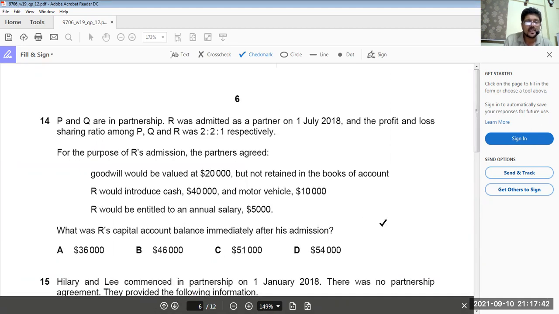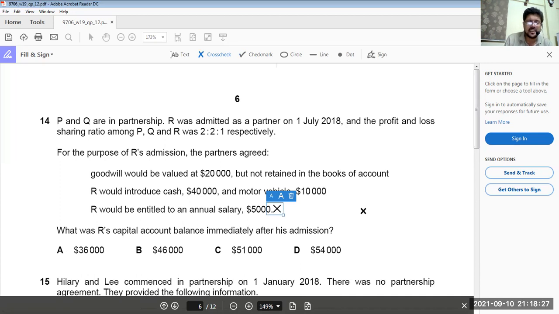14. P and Q are in partnership. R was admitted as a partner on 1st July 2018, and the profit and loss sharing ratio among P, Q, and R was 2:1. For the purpose of R's admission, the partners agreed goodwill would be valued at 20,000, but not retained in the books of account. Now R would introduce cash 40,000 and a motor vehicle 10,000. R would be entitled to an annual salary of 5,000. Now, the capital account at the start means we have nothing to do with this one. Okay. What we have to do, see,